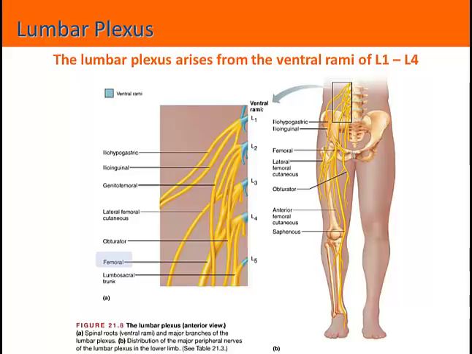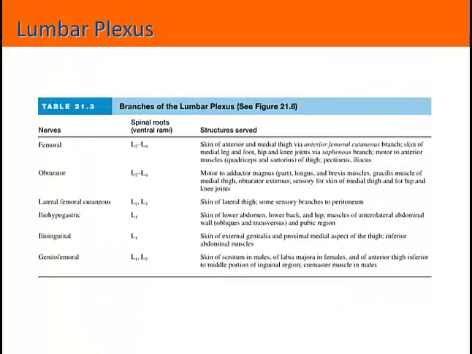And so you're going to want to revisit the anterior compartment of the thigh and again think about the functions and the actions of those muscles. It also receives sensory information from a number of areas in the lower limb by way of a couple of branches. And so you're going to want to visit the summary table here to again identify those 6 nerves that arrive from the lumbar plexus, as well as what their origins are, which spinal roots give rise to those nerves, and what structures are served by those nerves as well.